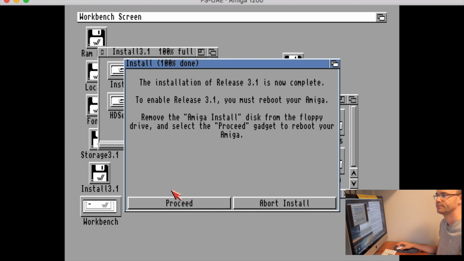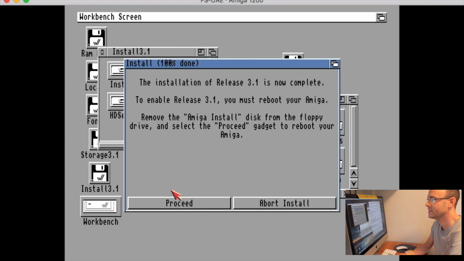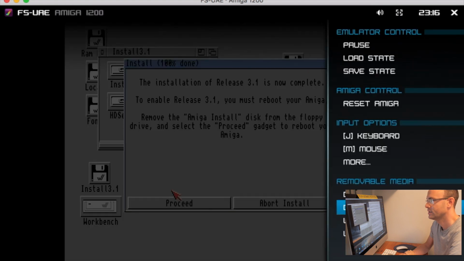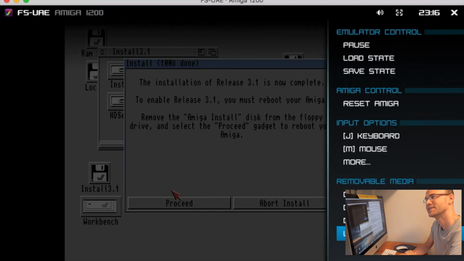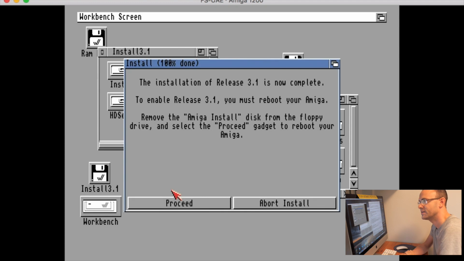And that's it, all installed. Didn't take long, did it? But again, it's only 6 floppy drives. Going to eject all these, so F12 and cursor keys. The purpose of this is so that we don't have any drives with disks in, so that when we click proceed,